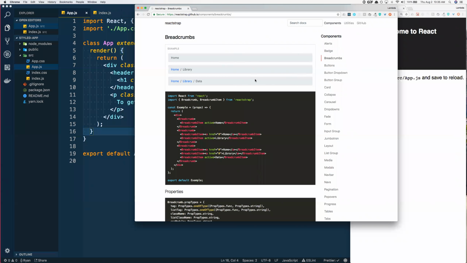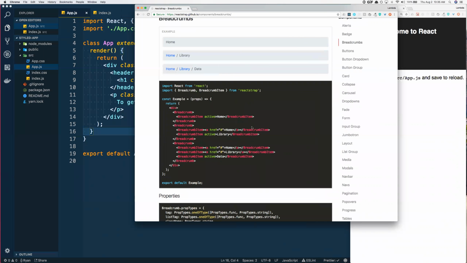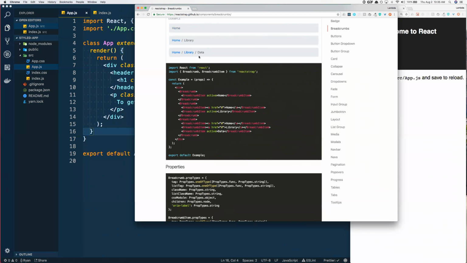The documentation for React Strap is phenomenal. And so I want you to learn how to work with this, but there's other libraries out there like Material and things like that that you could also jump right into, having learned just a little bit of how to work with this. But really, it's just a matter of importing the library and then using it as the documentation says. For example, this little